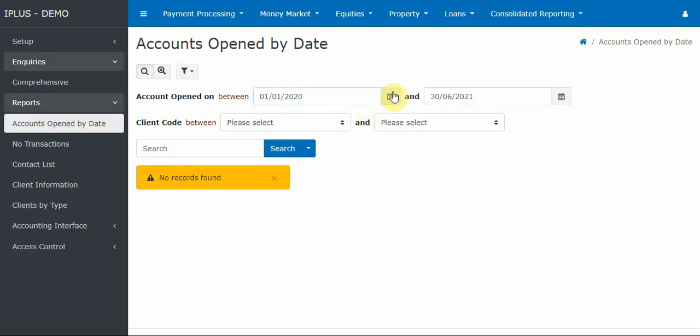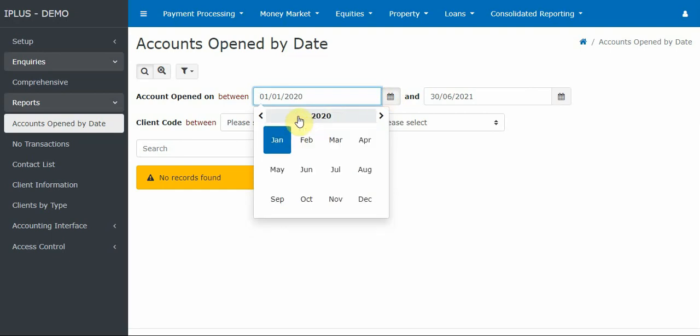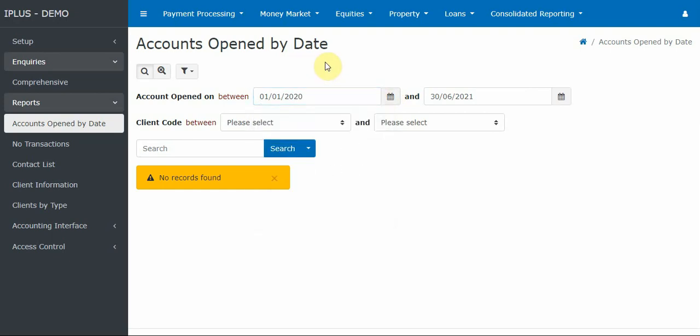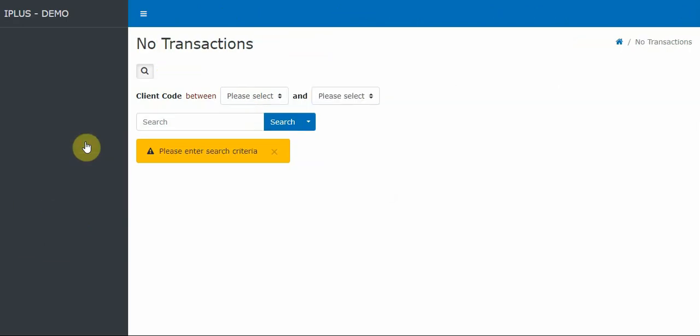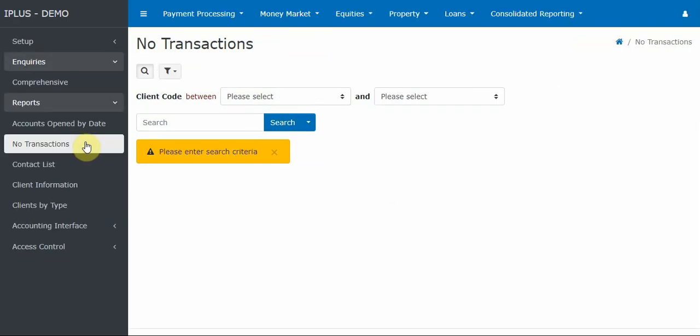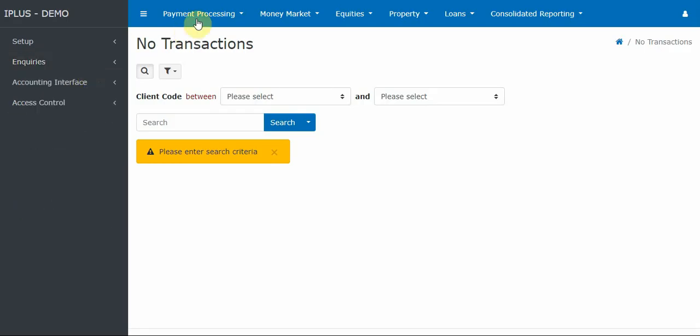And then again, there are transaction reports that you're able to view. There are also quick overview analysis reports that give you quick information on client activity within the system. If you want to view such reports as no transactions, where you can verify any inactivity in accounts that maybe require engaging by the business development team, you're also able to extract and pull out such reports. So you can see the difference in terms of the form and the report where we are able here to